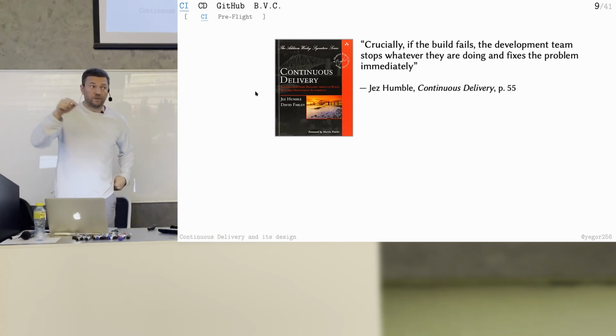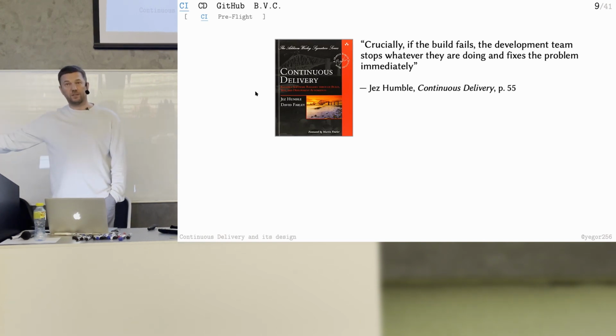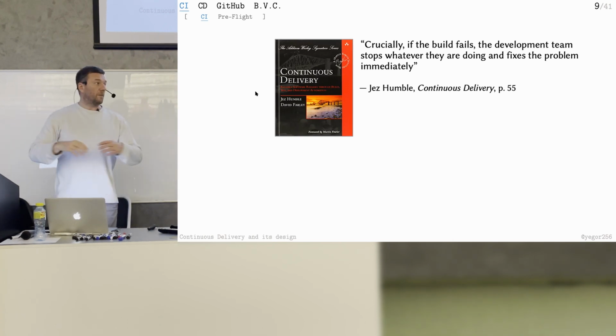So it's very important to have the build clean, to make sure that the master branch in Git, the main trunk, the development trunk or master branch, whatever you call it, has only the code which I can trust, which everybody in the team can trust. But if we allow everybody to push to master, expecting everybody to stop later if something is broken, then nobody will stop and nobody will trust the master branch. So the trust goes away and the team stops working properly. So continuous integration has to work differently.